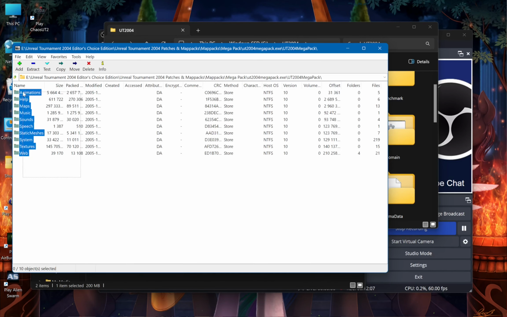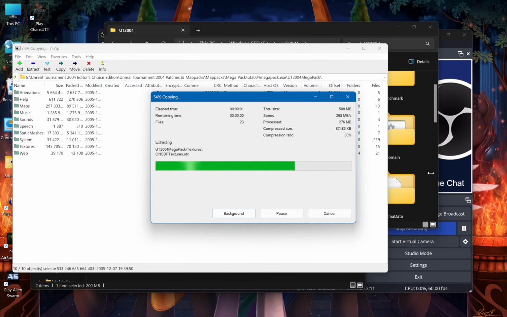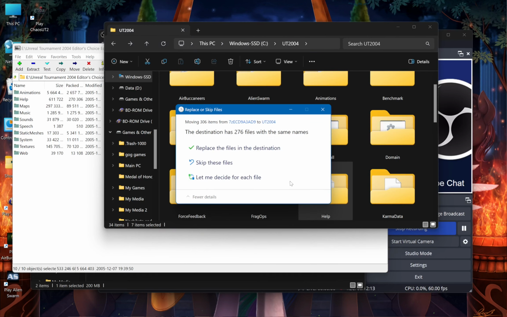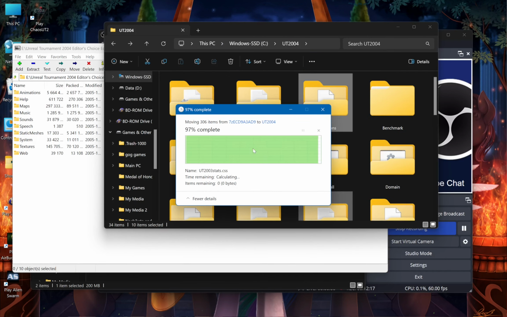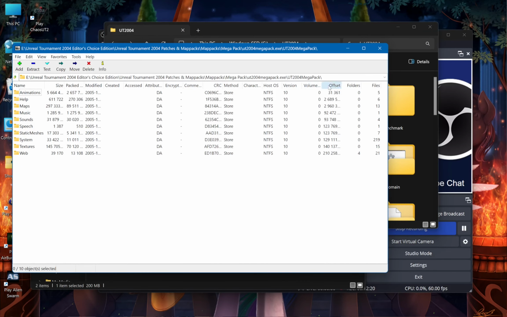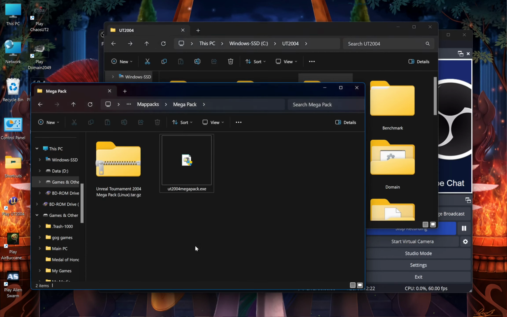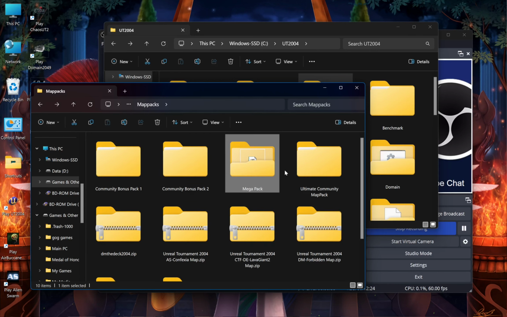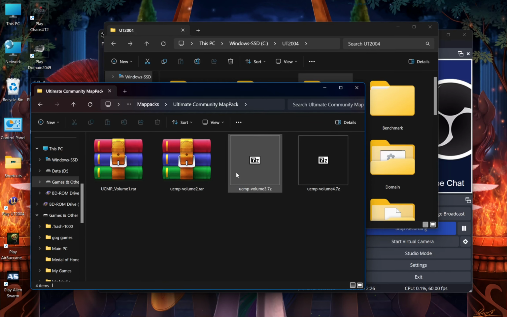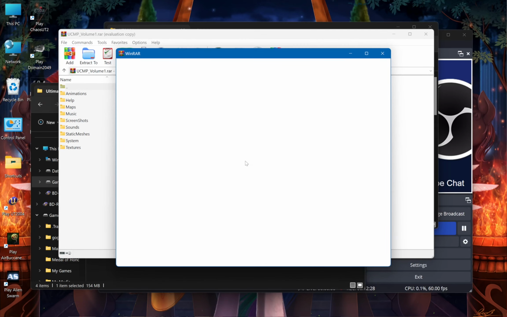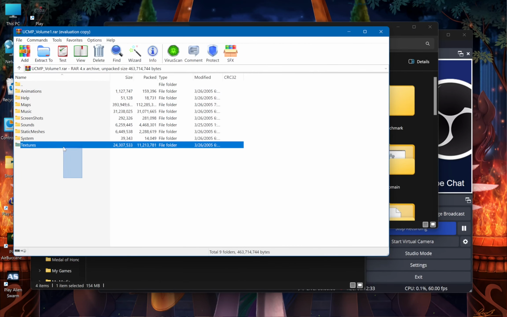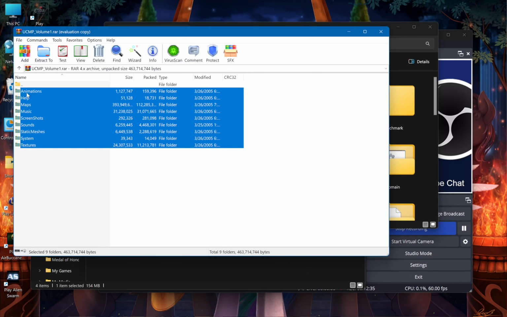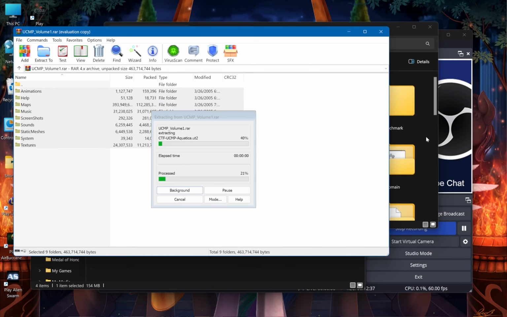This is another one of the official map packs, which gives us a ton of maps. So what we've got here, then what we'll do, and yeah, what I've also gone ahead and done,